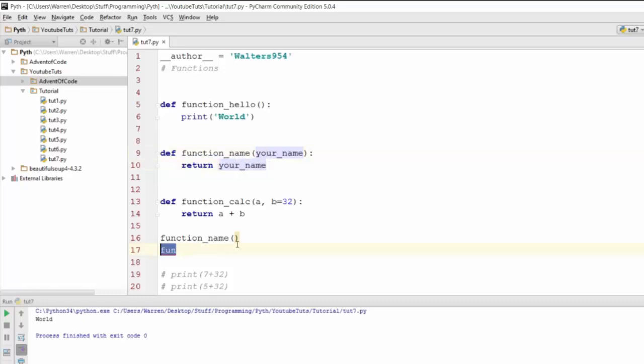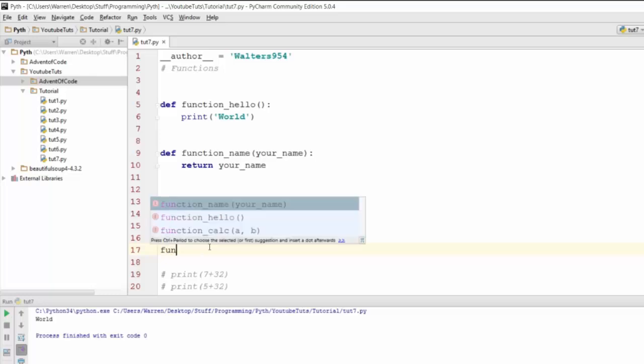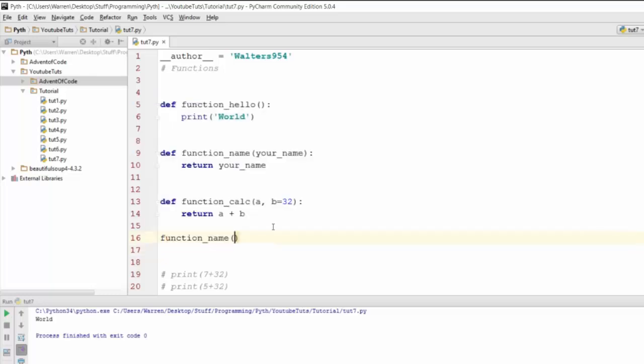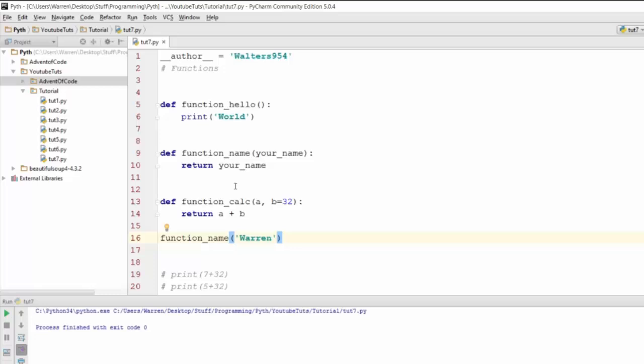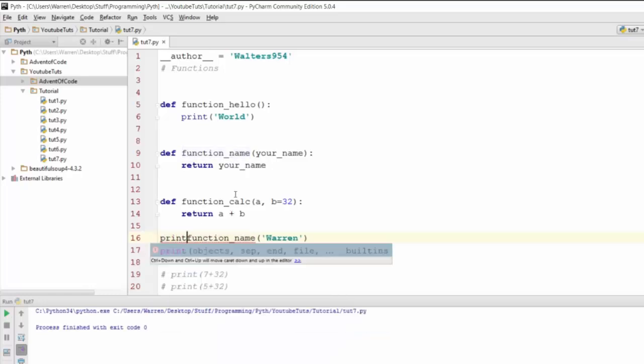So in this function name, it's asking for you to pass in my name, so I'll do that. And if I run this, nothing came out, and this is because we are returning something in this function. In the first function we were actually doing a print statement, but in your functions you can return a specific variable, or you can return whatever your calculation is, and you'll see that in the next function that I go over. So if I actually do print,